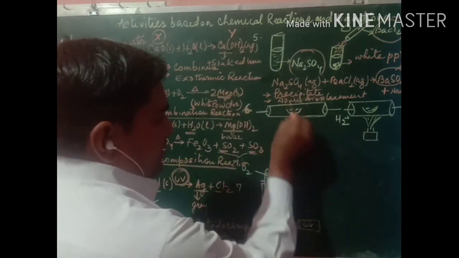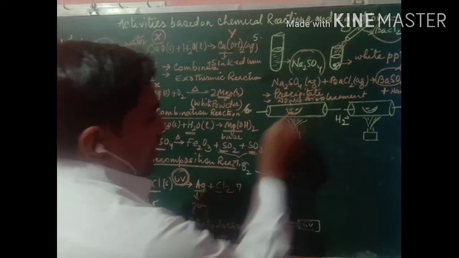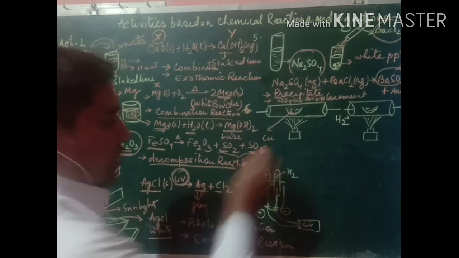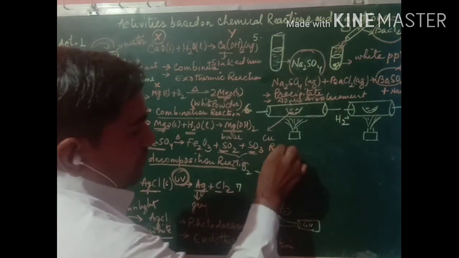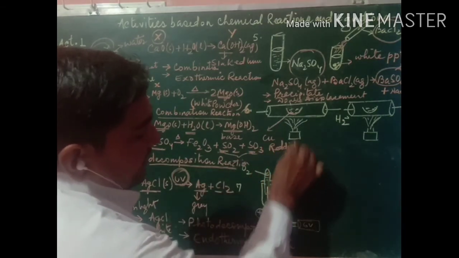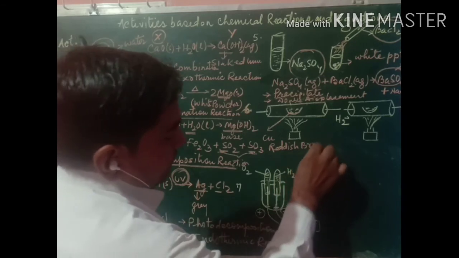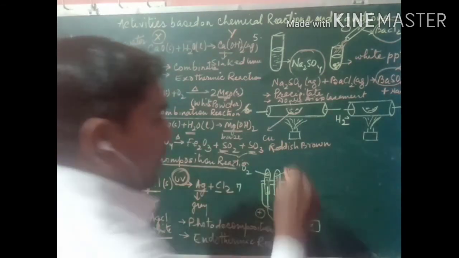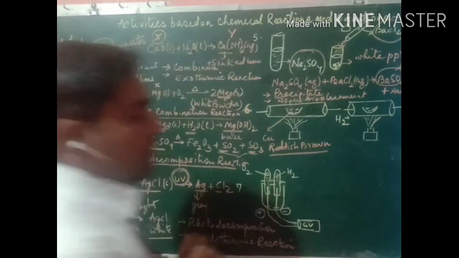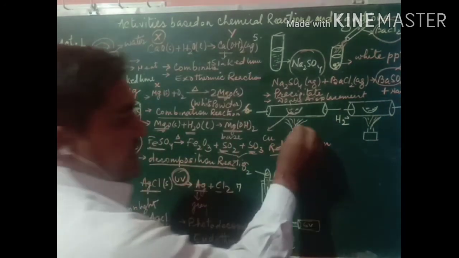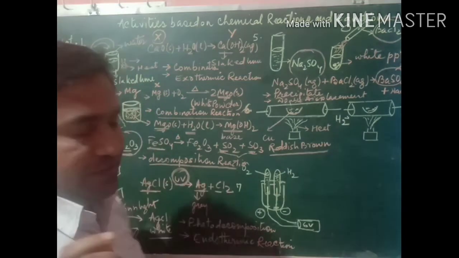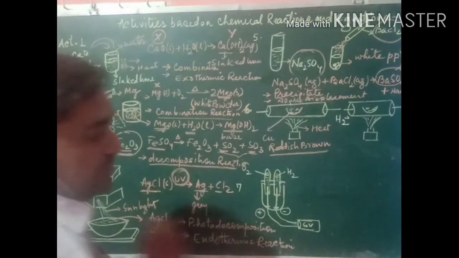And next that you should know, which is very, very important, activity number 6. Here in a watch glass, copper has been taken. That copper is reddish brown. Remember, colors should be remembered by you. So copper powder is reddish brown. When it is heated, some reaction takes place. So what type of reaction takes place, student?